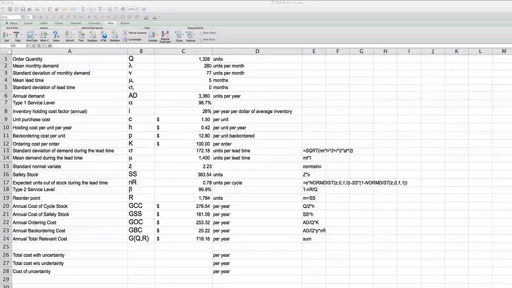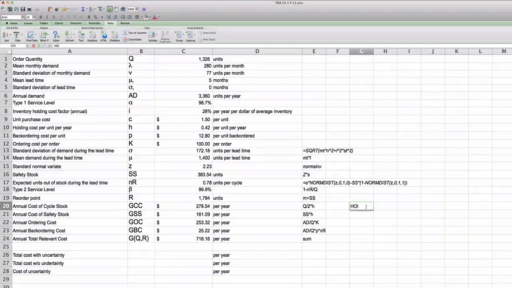Part B asks for the holding cost, the setup cost and the stockout cost associated with the policy. Well, of course, these are the values here. Notice that they have two holding costs, cycle stock and safety stock. So if I sum them up, I get $439.63. That's the holding cost. The setup or order cost would be $253.32. And the annual backorder cost is a very low